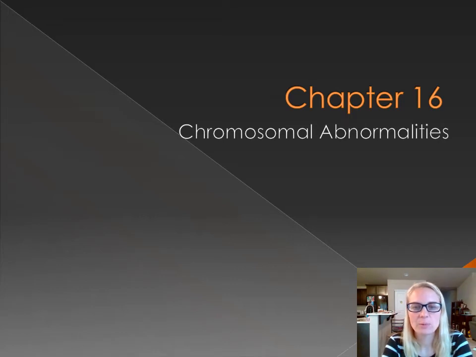Hello and welcome back. We are here to do another little mini lesson on human genetics in chapter 16 topics. This lesson is going to cover some chromosomal abnormalities. So what are some things that happen when either your chromosome number is incorrect or maybe the chromosomes themselves have been damaged? So prior to this, you should have a pretty good understanding of meiosis, knowing how the chromosomes split